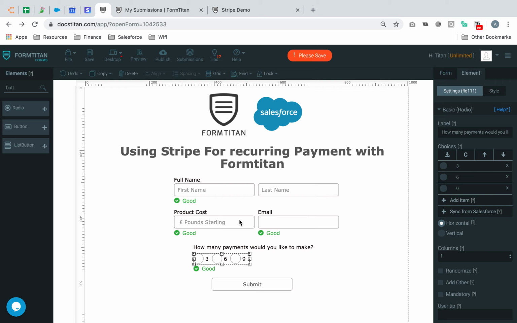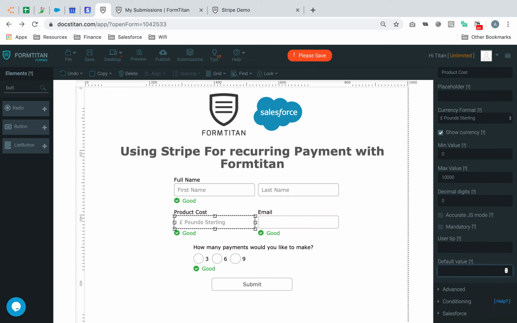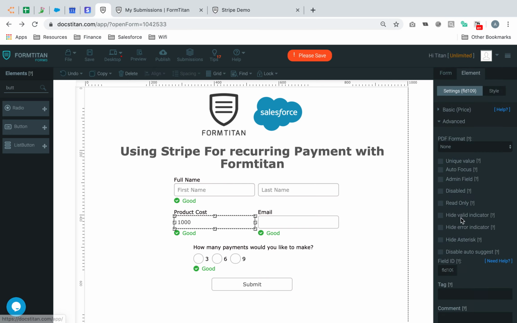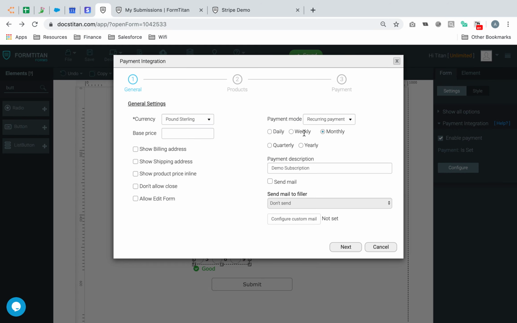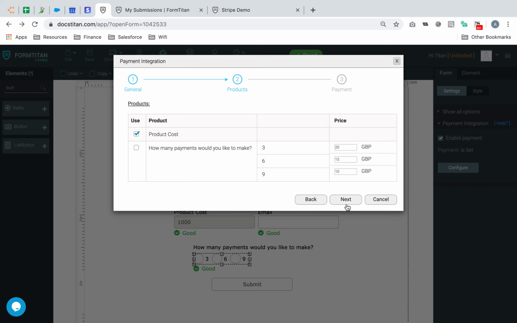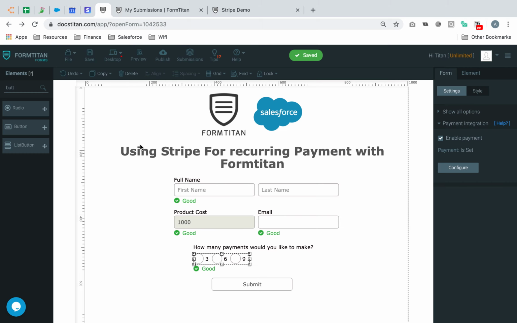Okay, and what I'm going to do is I'm just going to add a value in here. So I'll set a default value of $1,000. And I'm going to make this read-only for now. Okay, cool. So now if I go back into my payment and then I go back to recurring and go next, and here I can even split the total. So you can split the total based on the number selected. So if I click apply and click save, and let's preview this,